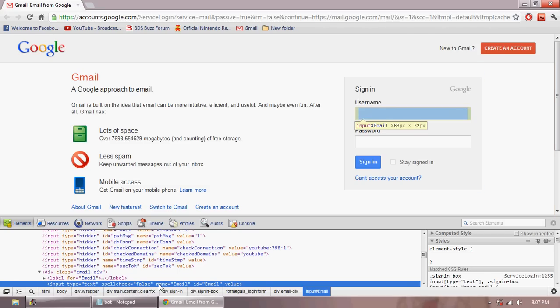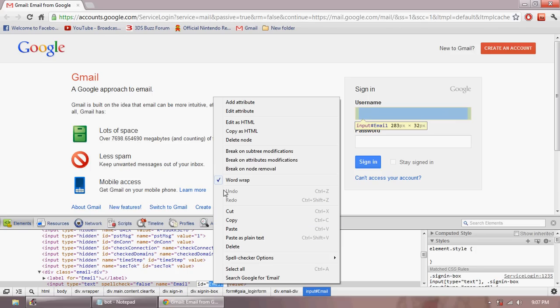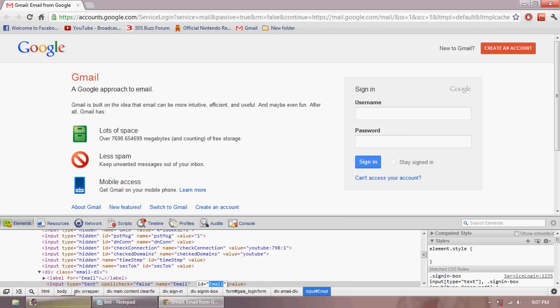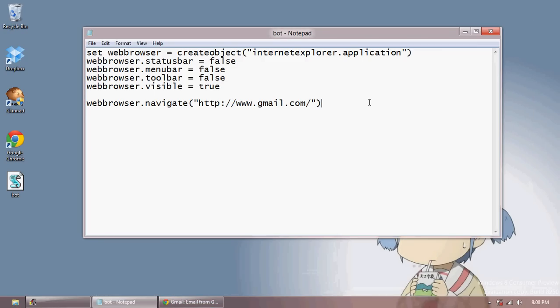You want to look for where it says name equals or ID equals. Both of those will work. So you want to find where it says name equals or ID equals and just double click what's in the two quotes. And right here, in the two quotes is email. So just copy this. And you're going to go back to your bot and you're going to write,